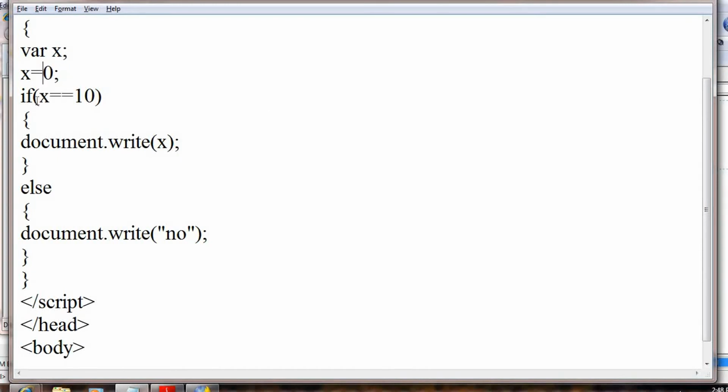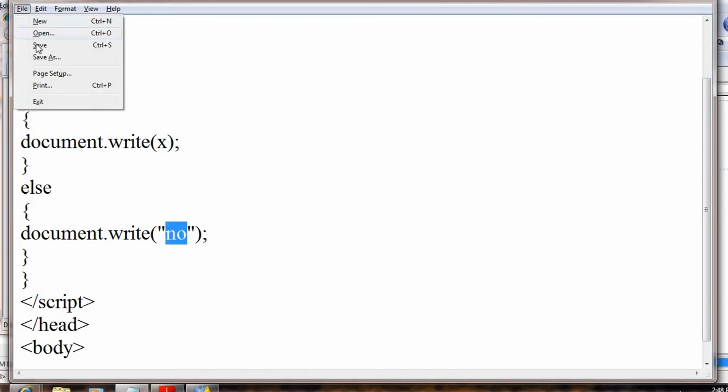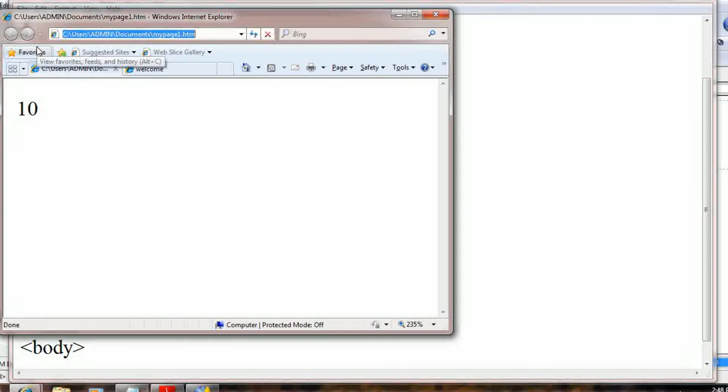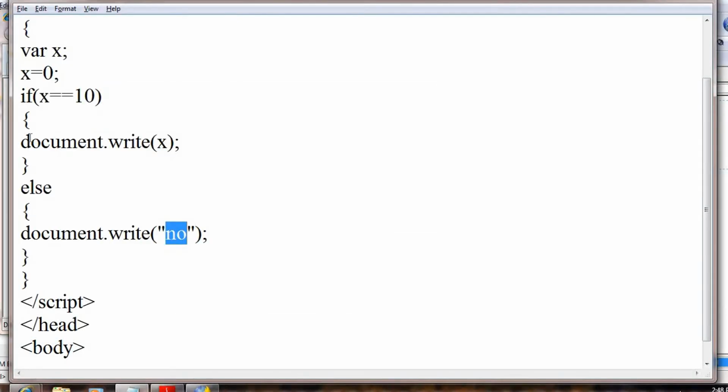Then 0 equal to 10 is false, so it goes to the else part and displays no. You can see this. See, it displays no. So true means go inside the bracket, false means skip the bracket and go to the else part.